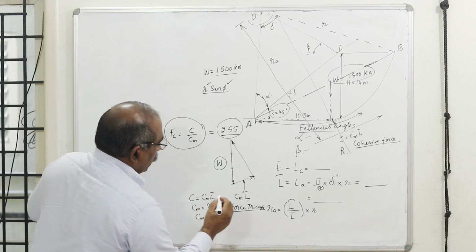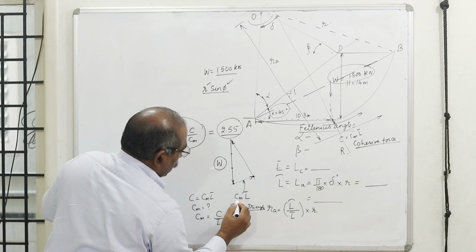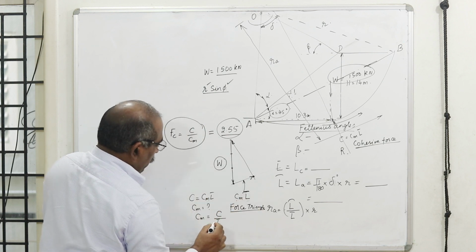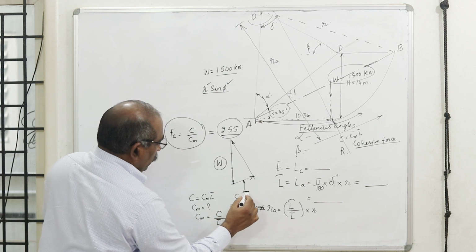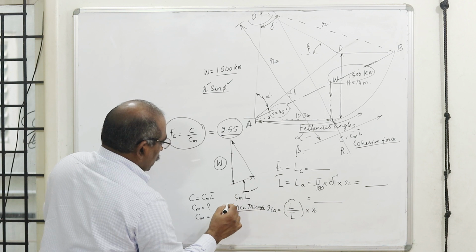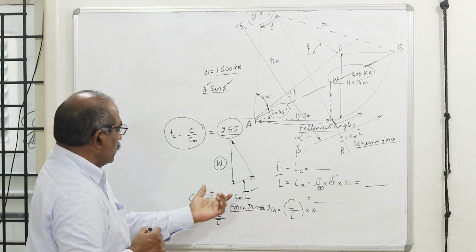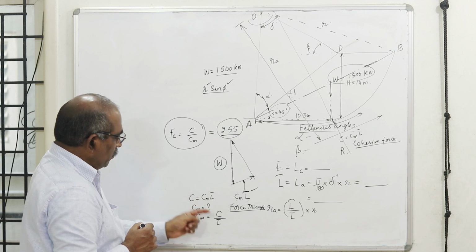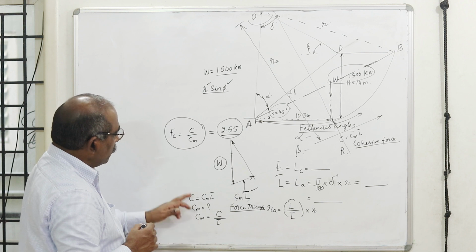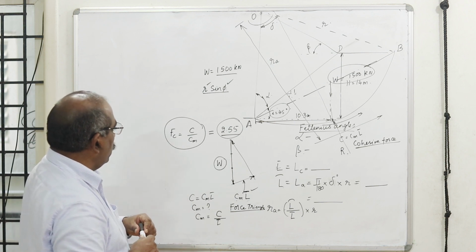Here you'll have to use, because I'm drawing parallel to the chord length, this will become Cm into L chord. I need to use L chord here because I know this value here. If I divide this quantity, I get my Cm. Whatever I got here, this is C. Therefore, I am dividing by L chord. I get my Cm. Cm can be used to get the factor of safety with respect to cohesion.